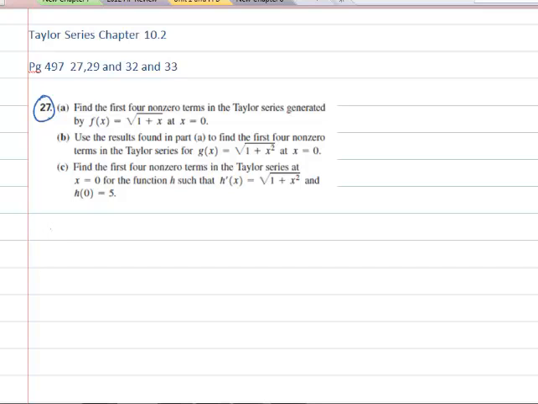So what I'm going to do is pause the video and write up the first four derivatives, and well, actually I'll start writing now, and then I'll pause it and finish writing them. The first one is just the square root of 1 plus x. The next one, the derivative, I would consider to be 1 plus x to the 1/2 power, and then the derivative should follow nice and easy. And the next derivative